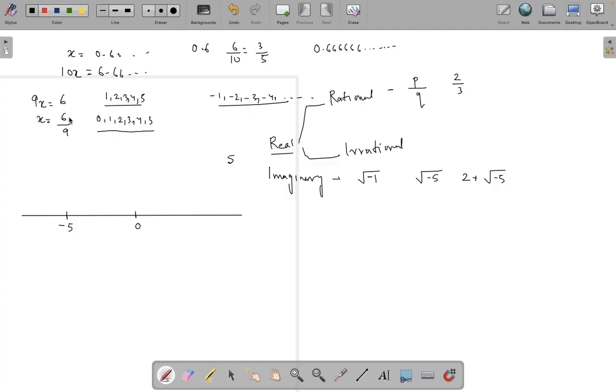So again, you'll get p and q are integers and q is not equal to 0. So it is a rational number. So if you define it in terms of fraction, this is the definition. If you define it in terms of